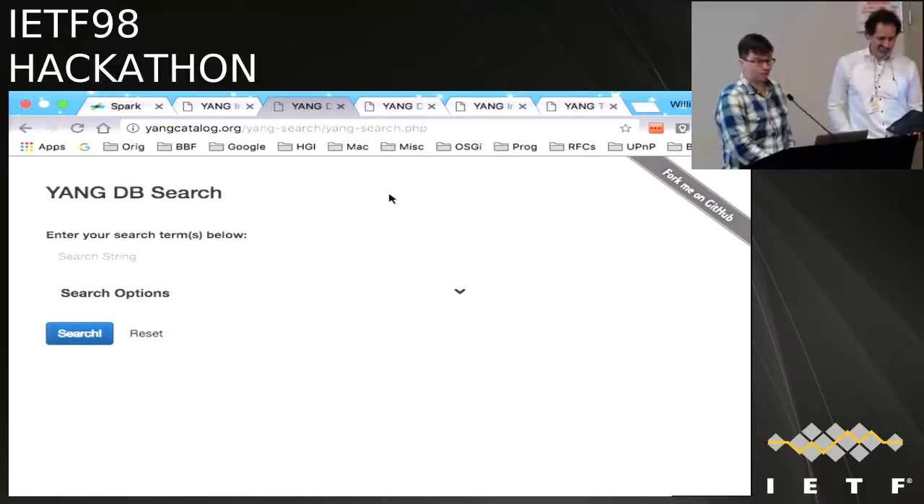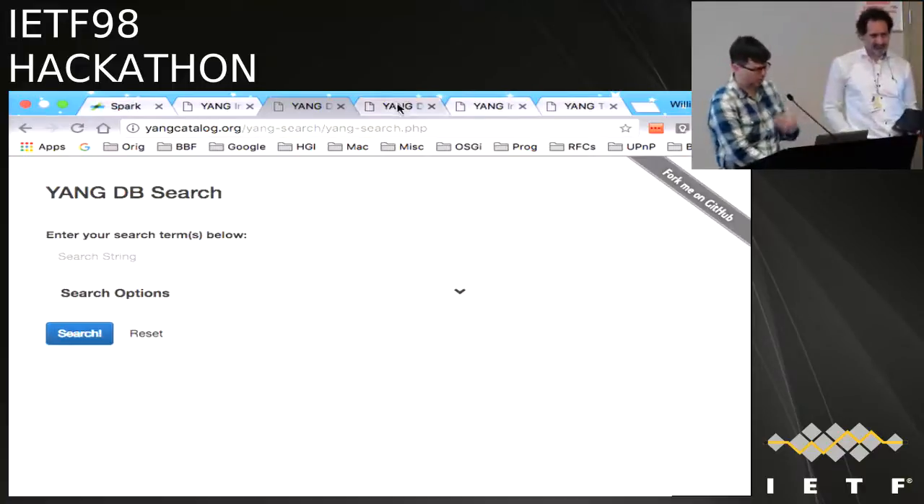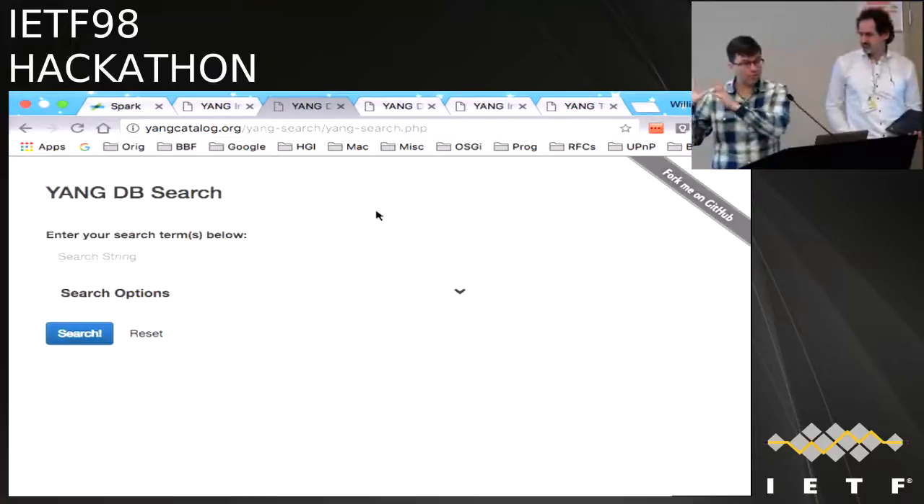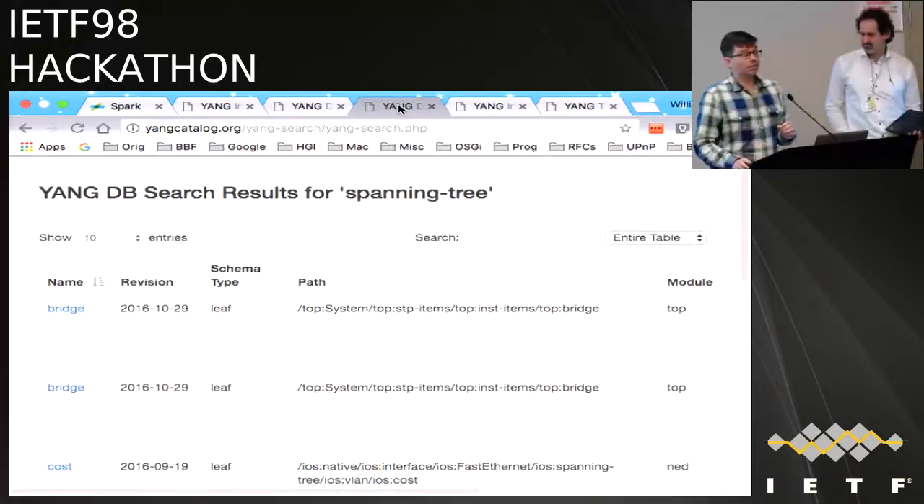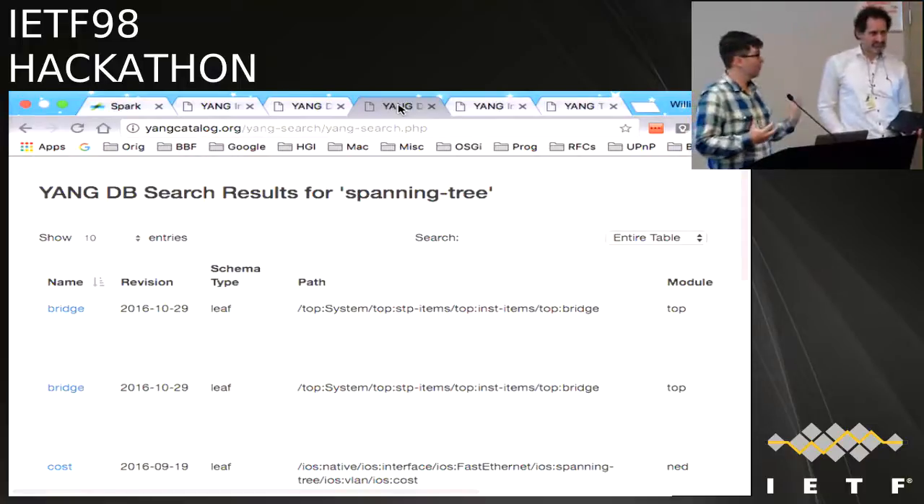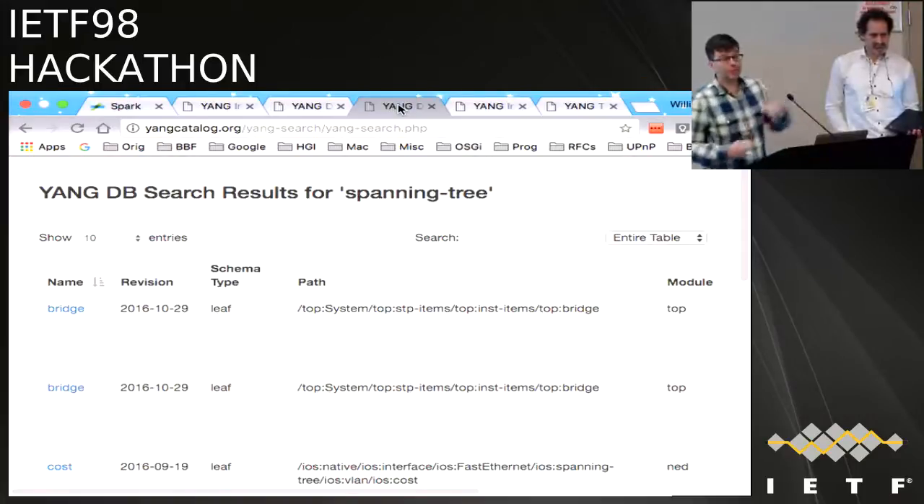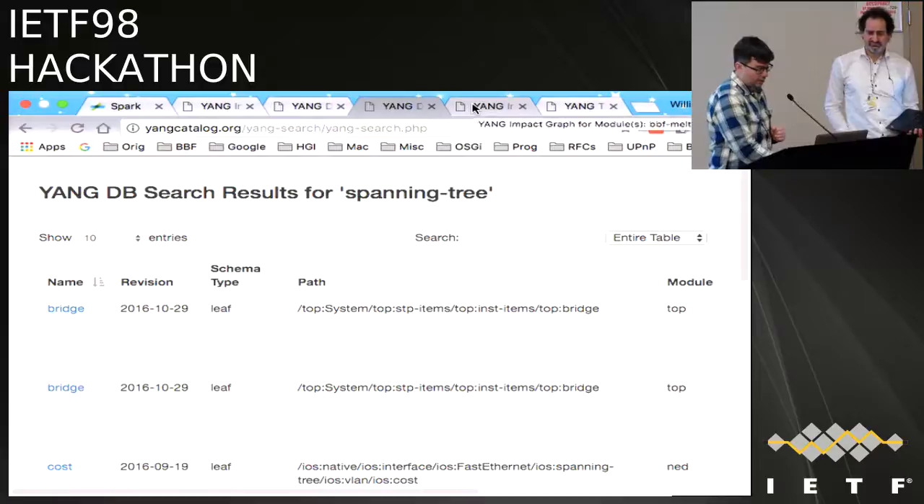It's in GitHub. You can search for various things using keywords, regular expressions. You can get results. So that's the tool. What we wanted to do this time was we'd done a lot with the IETF, and as Benoit said, we want to bring in a lot of other SDOs. And since we had participation from the Broadband Forum, we decided to